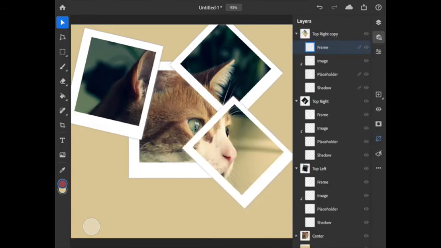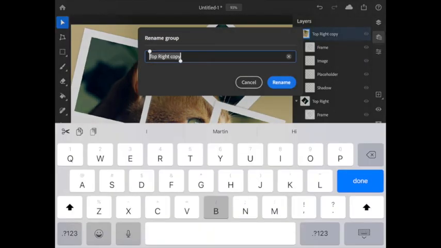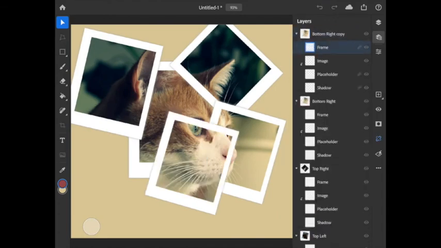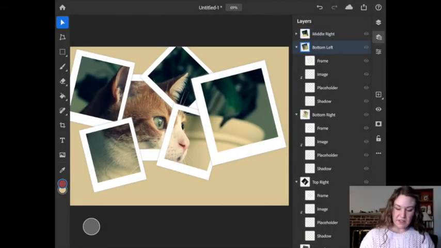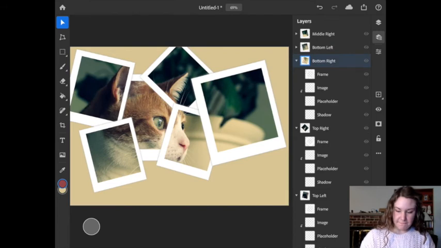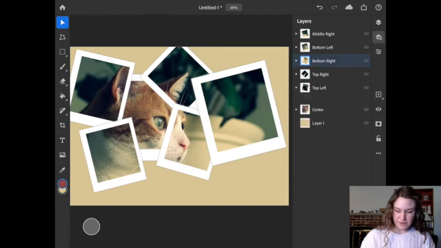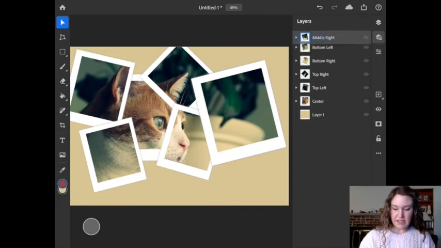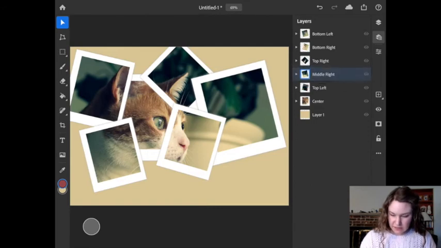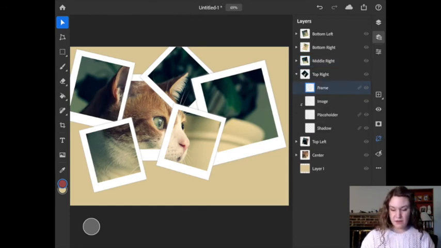I'm going to continue this process of duplicating and arranging until I have enough frames to get an idea of what my image is as a whole. Another thing that I can do is click on my group and click and drag it to reorder. So I'm going to send that image back underneath. I can always go back and open up my group layers to